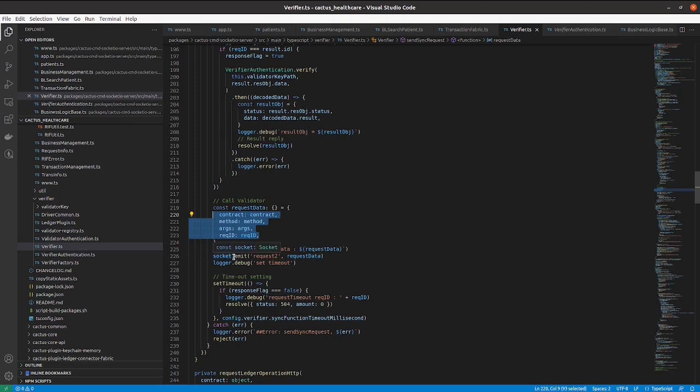There are two ways to send a request to the server. One is emit and another method is send. If you are using the send method, then you won't be able to use custom events. Here this is a custom event that we can use in case of emit. Listener will be added at the server side. Now let us move on to the Fabric Socket IO service setup.